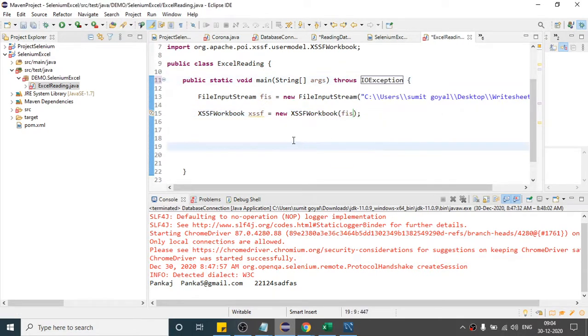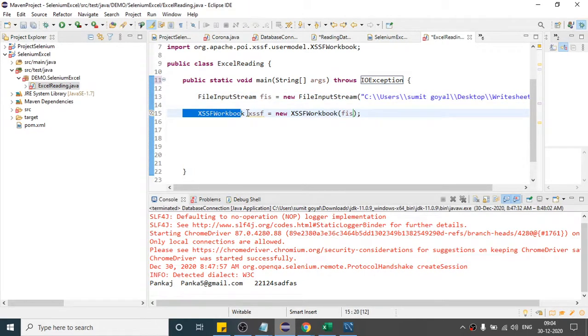Okay, so now what is happening here? First of all, I'm giving the object of this file. This object knows where the file is located in my local machine. And this class is basically for working with Excel sheets.